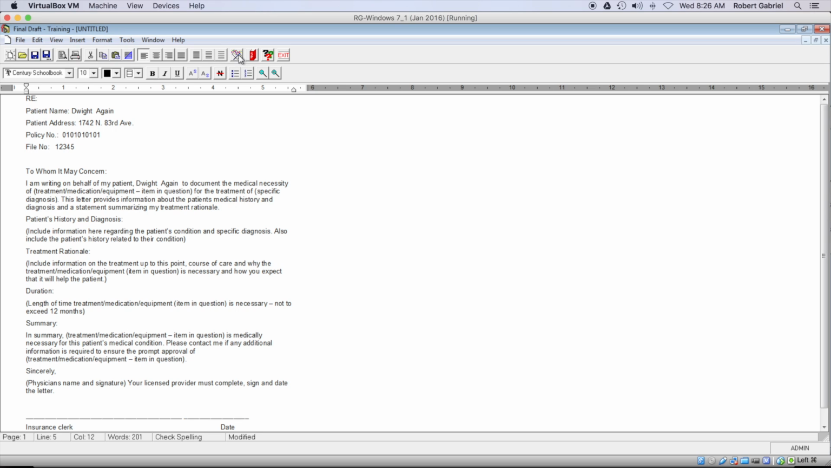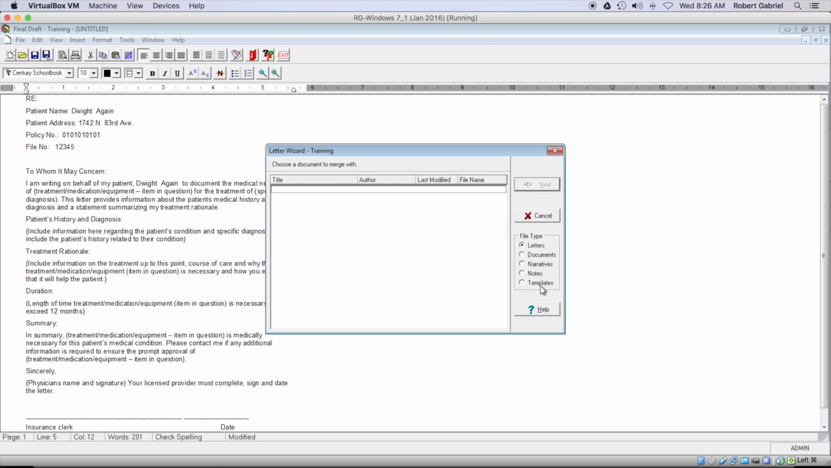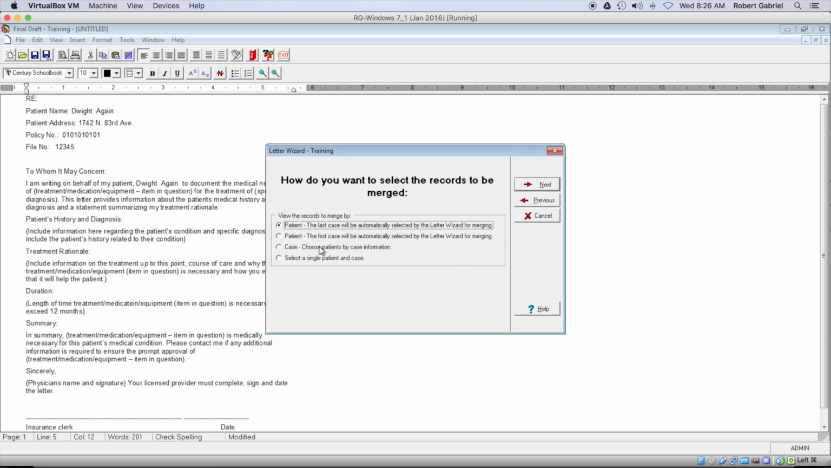So you see this here? It's called Letter Wizard. So first you start with the template. So I'm going to go here and say template. And let's say I want to do the same exact one I was doing before. Then I'm going to hit next. It's going to ask me, do you want to do it